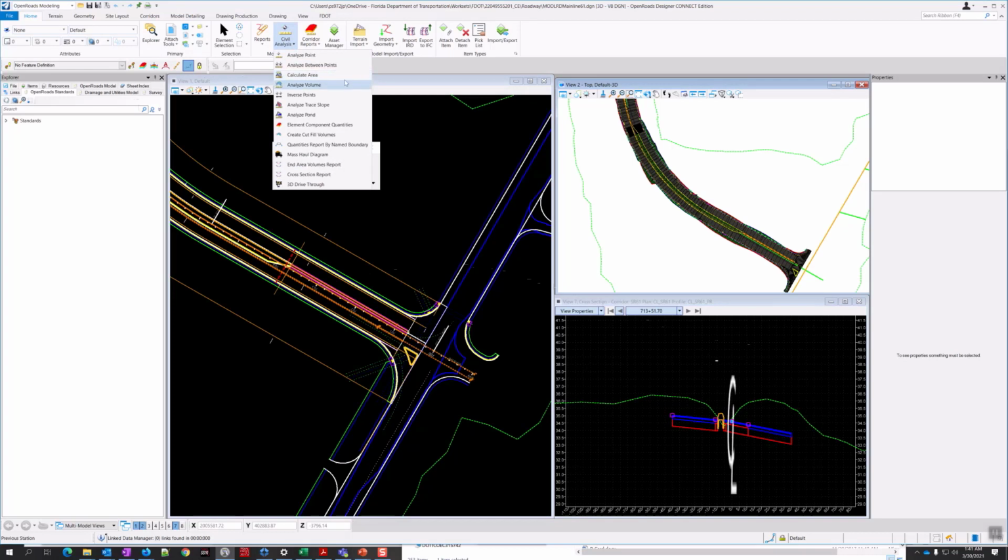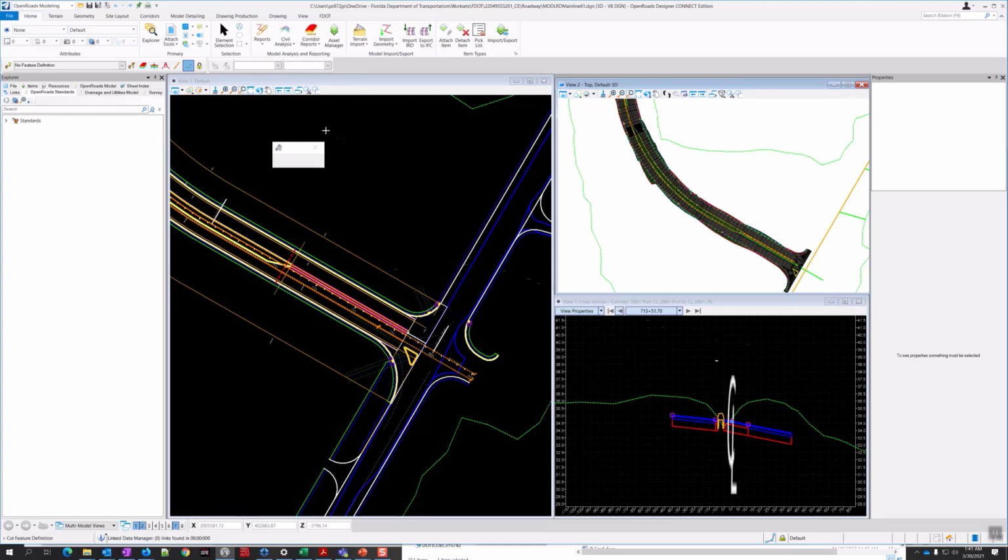And we're going down to Create Cut Fill Volumes. About midway, bottom half of the section, Create Cut Fill Volumes. So just select that. The default options should be okay. There's not really a lot of options on this. You got cut fill volumes. You pick a feature definition. The feature definitions are the only two under volumes that we have defined.